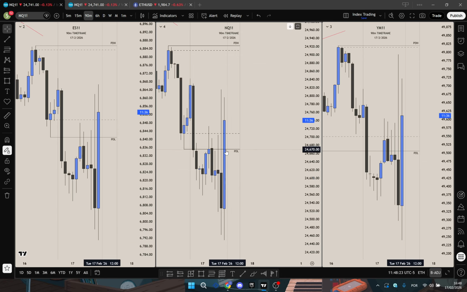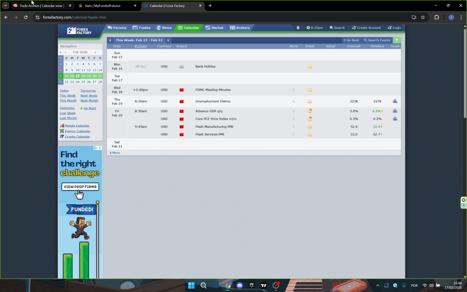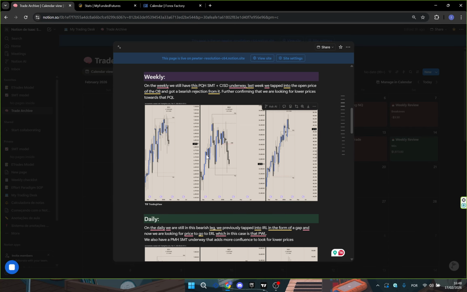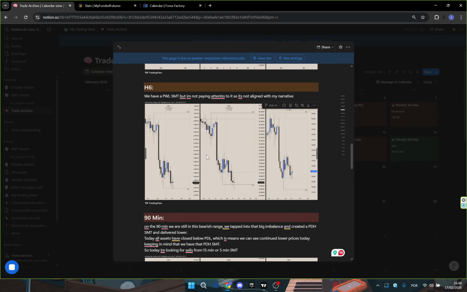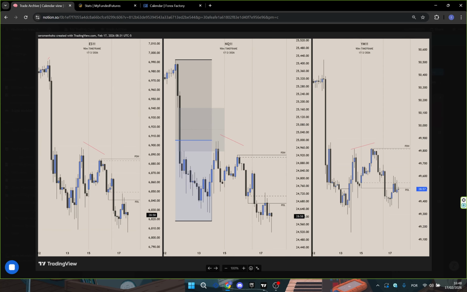So then I hop into the 90-minute chart. I'm going to go to my journal here because I had annotated it before market open. Alright, so this is how it looked before equities open. This is the range we were in, and last week we wanted to see that drive up to internal range liquidity, and then we got this previous day high SMT